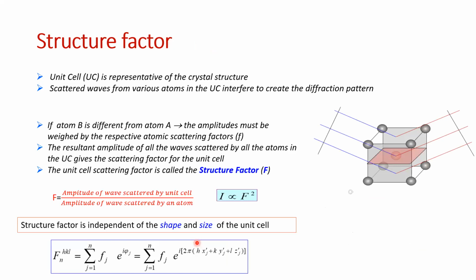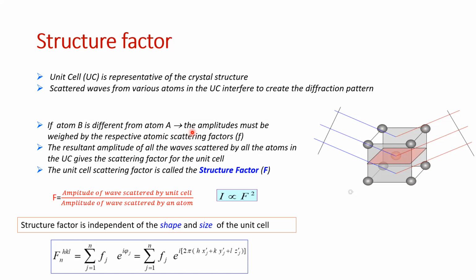Now, the structure factor. Basically, the structure factor refers to the geometrical structure of the crystal, where the atoms are placed. We know that with the help of the unit cell, we create the whole crystal structure, and scattered waves from various atoms in the unit cell interfere to create the diffraction pattern. And this is a body-centered cubic cell, and the light is diffracted from different planes. In this case, suppose we have two different types of atom, A atom and B atom, then the